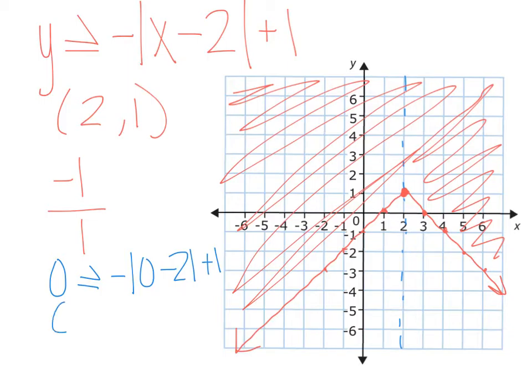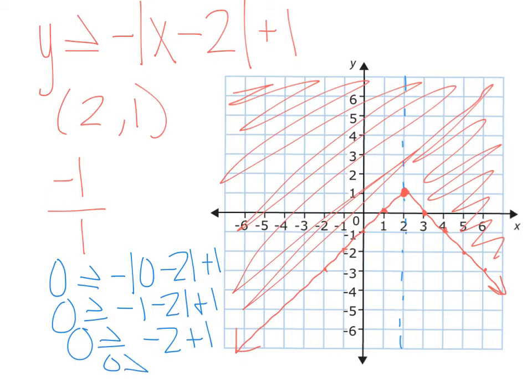Okay, so I end up with 0 is greater than or equal to, just continuing to simplify it. In the most simplified form, I end up with 0 is greater than or equal to -1. So this is a true statement, so since it ends up being a true statement, that means that I